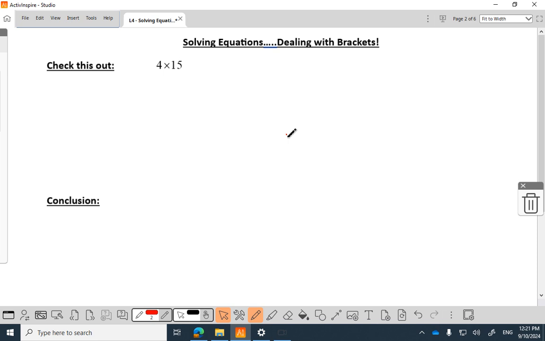The title. So you can take out a slice of paper, borrow a slice of paper from me, get out a pencil. It says solving equations, dealing with brackets. And we'll label that September